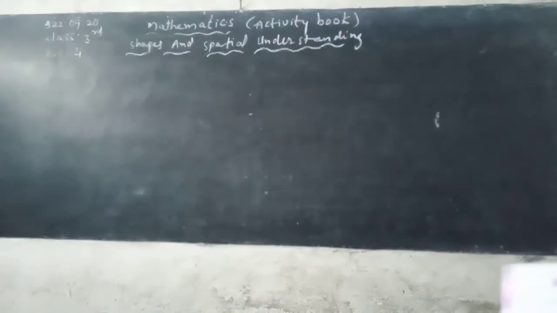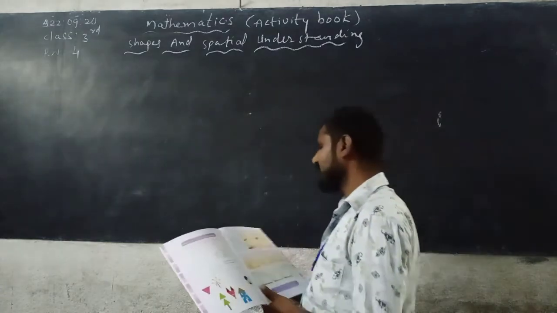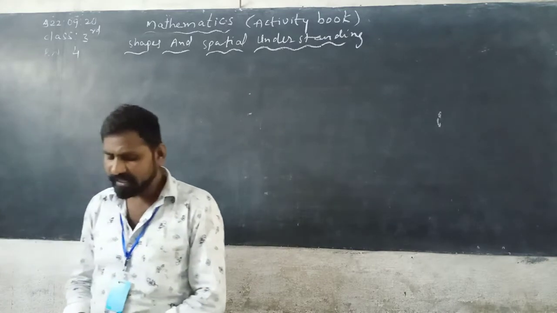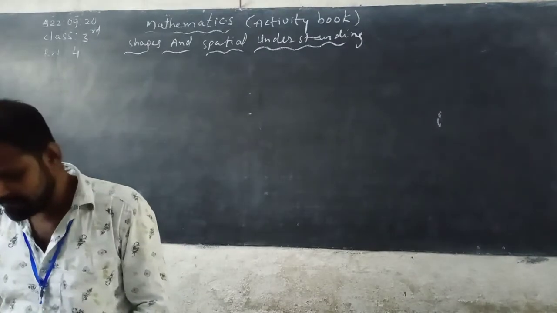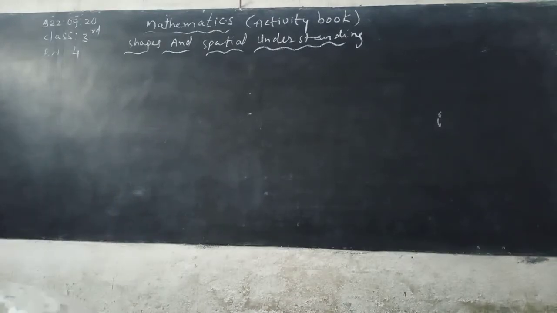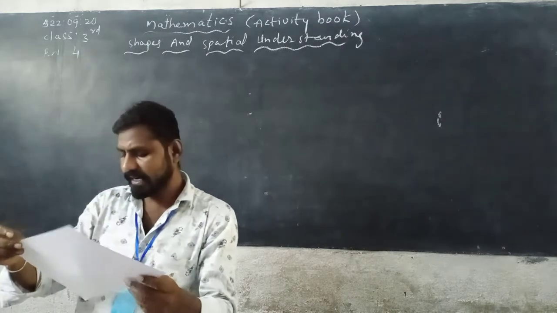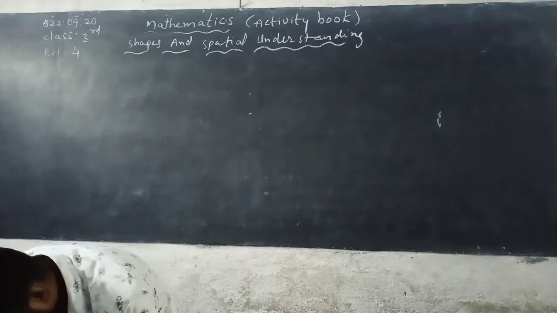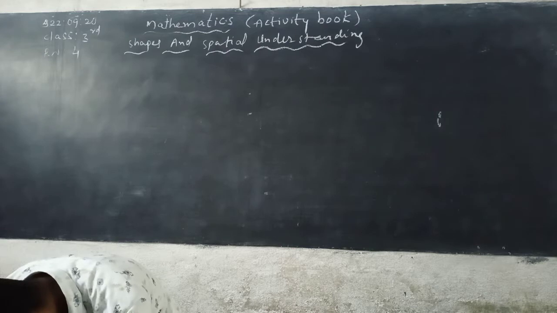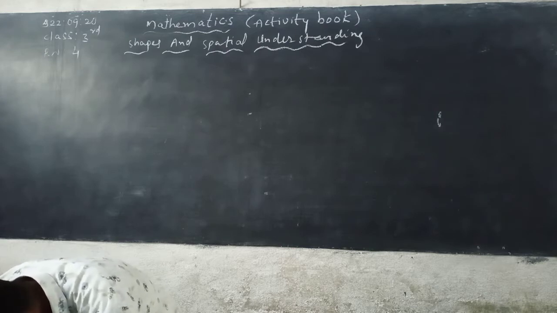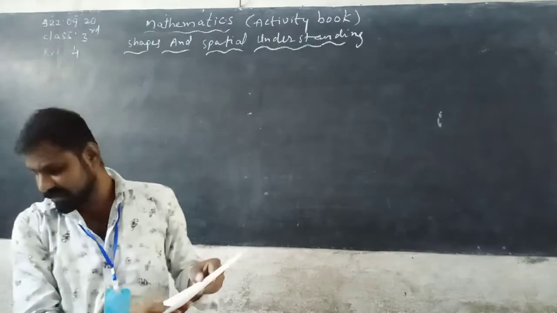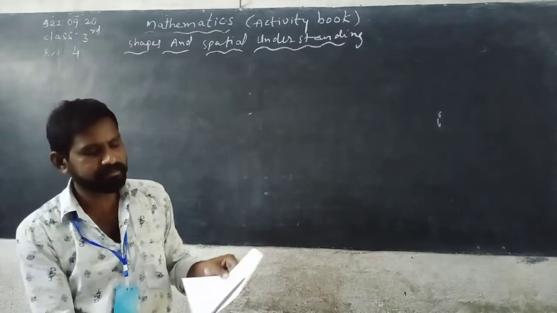So now next, let us learn to make a square, rectangle and triangles by folding papers. Take a paper and fold it as directed to cut the extra portion of the paper. Unfold the paper, observe the square. See here, now I am taking this paper. I can fold it like this only. So the remaining portion I can cut by using scissors. So the waste of the paper I can cut it.